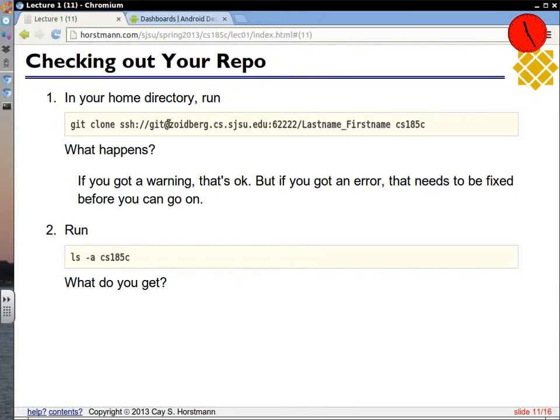So, who's gotten this to work? I want a show of hands of everyone who's gotten it to work. 1, 2, 3, 4. Who's gotten this command to work to the point that it checked out the repo? 6? Okay. 7. Okay, we need to go up to 10 because we're 20 people in here and we need to team up those who've gotten it to work with those who haven't. This may not be a good way of building teams of equal competence.